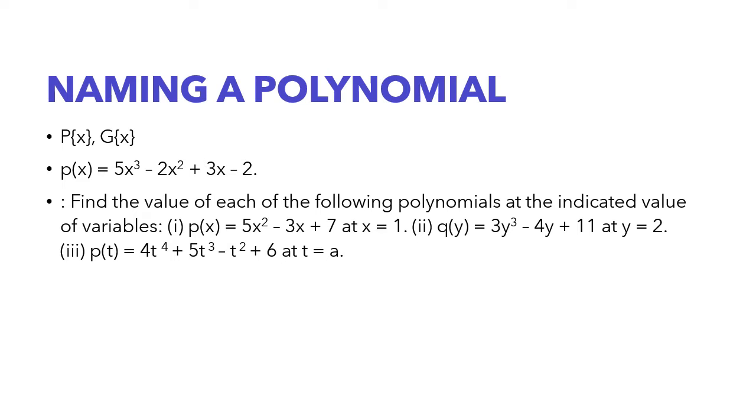You can see that 5x cubed minus 2x square plus 3x minus 2. See how long it is? We don't want to write in the same way every time we represent it, right? It would be so difficult for us, or it would be so long to write every time, the same term again and again if we want to represent it. So rather than doing that, what we would be doing is to simplify it, we would be giving it a name like p of x or g of x.